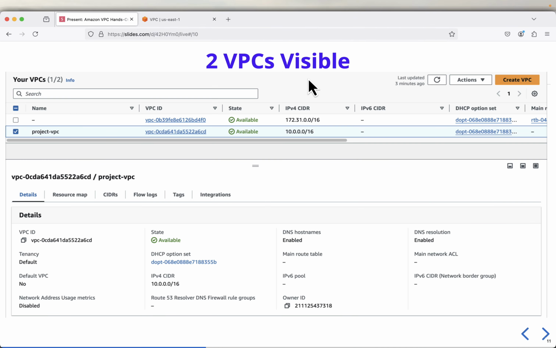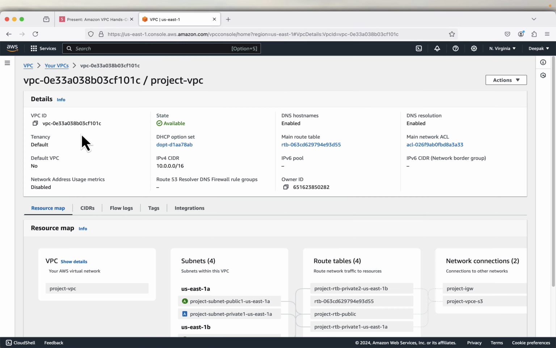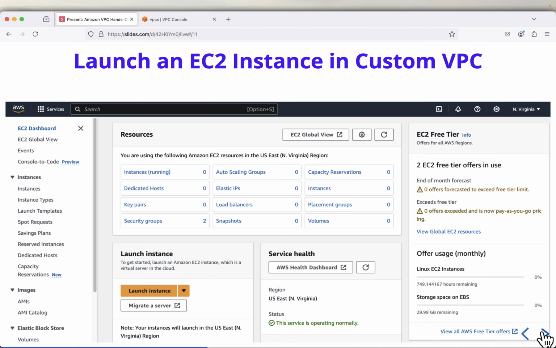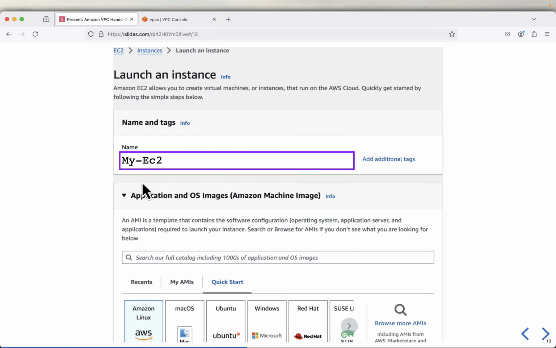So at this point there should be 2 VPCs visible. If I click on your VPCs, there are 2 VPCs. Default does not have any name, and the project VPC. Okay, now I will be launching an EC2 instance in the custom VPC, and this I will give a name